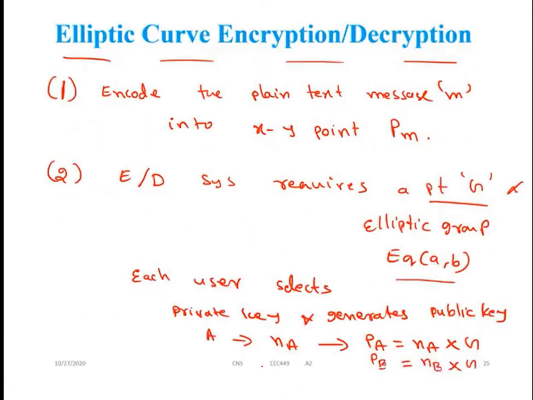Okay, so you can see here, the same thing that I have just said is in this format. First we need to calculate the public keys: first select the private key, then generate the public key. PA is the public key of A, PB is the public key of B. NA is the private key of A. Multiplying the private key of A with G, we get PA. Similarly, NB is the private key of B, and multiplying it with G, we get PB. So PA and PB are public keys, NA and NB are private keys.